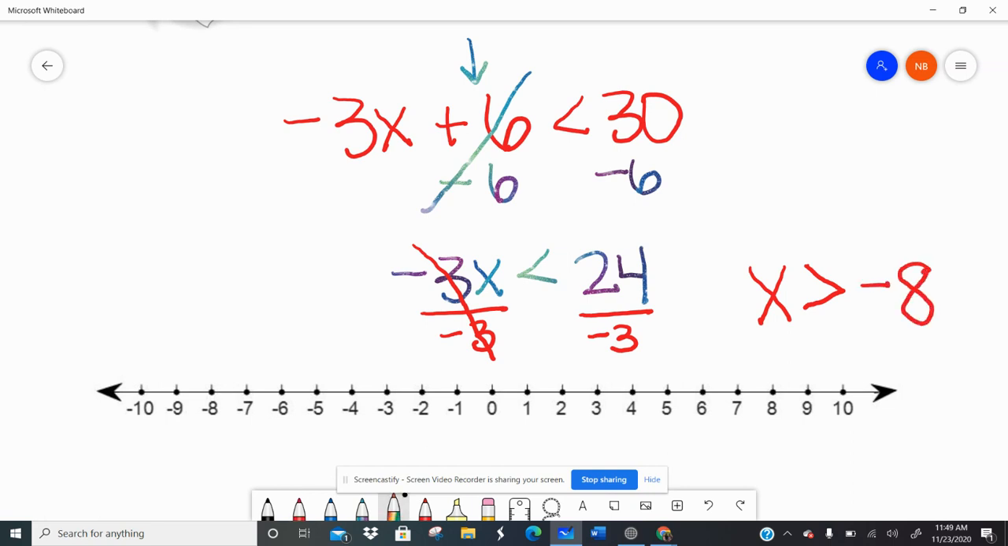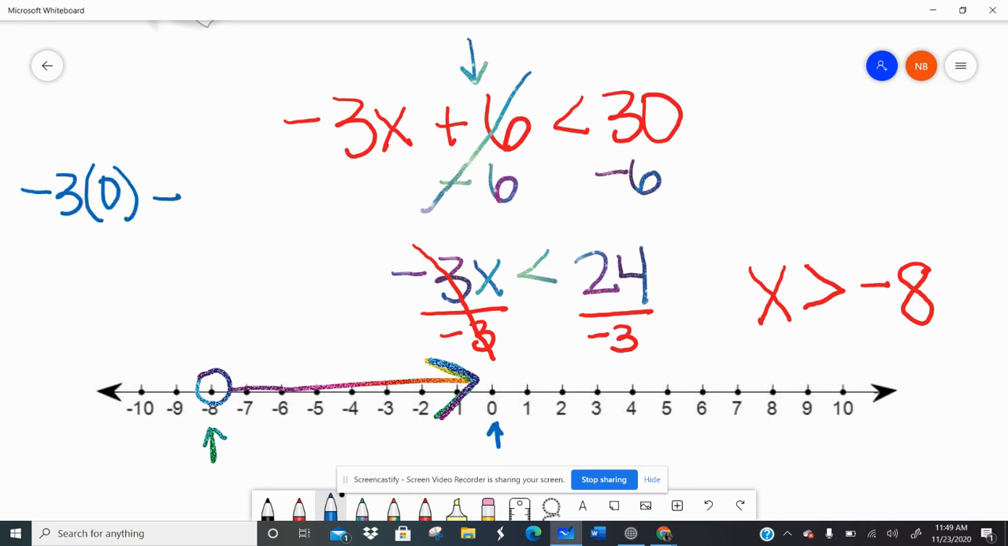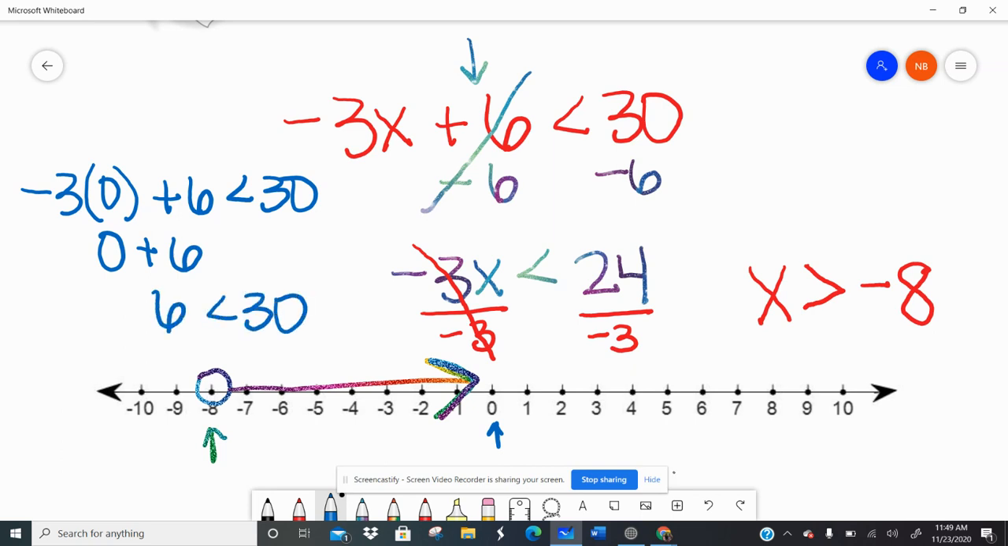Okay, so I start at negative 8. I have no line, which means I open the circle, and x is greater than negative 8, which means I'm going to the right. Well, let's check our work. Let's check it with 0, right? Because that would be a part of the solution set. So let's see, negative 3 times 0 plus 6 is less than 30. All right, negative 3 times 0 is 0. Plus 6, 0 plus 6 is 6. And 6 is less than 30, which means